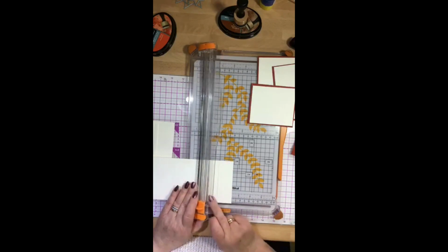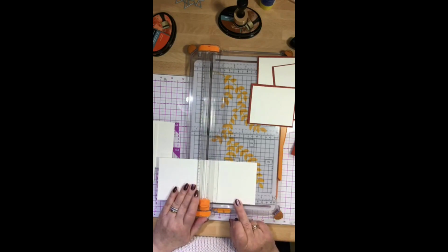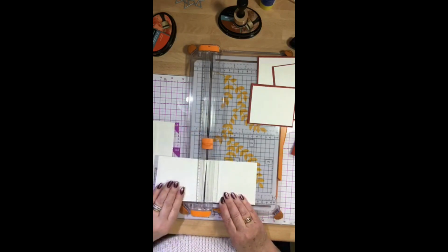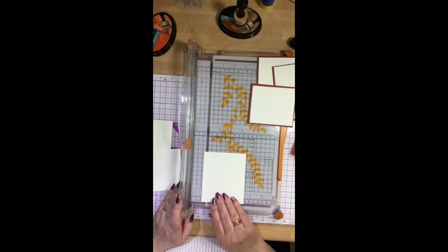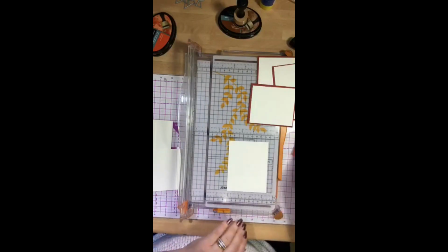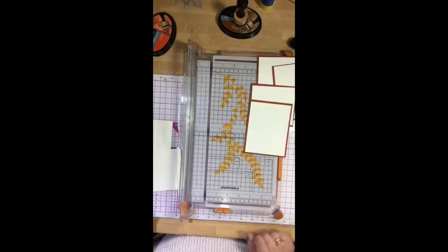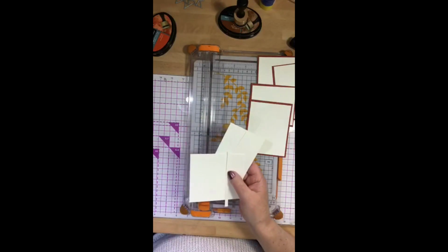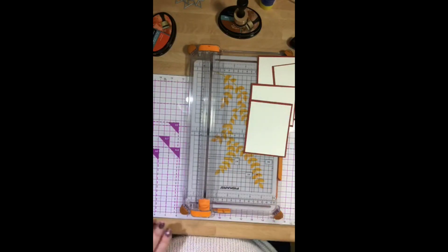So I'm now going to go at 4 1/2. So that's 4 1/2. Give that a turn, and that's going to be 3 1/2. And that's going to go onto there. Okay, so all these little pieces again, I'm going to pop to one side, and then I can bring my